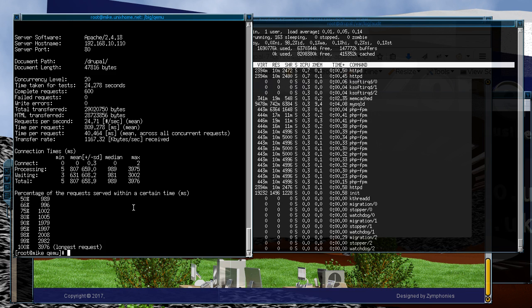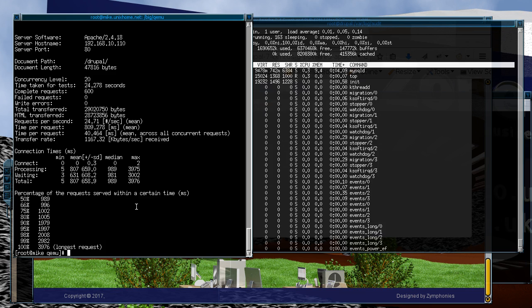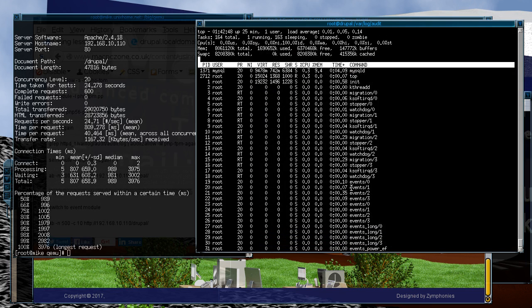Okay, well, seems like the conclusion there is that Prefork is still the fastest, but maybe that is just because